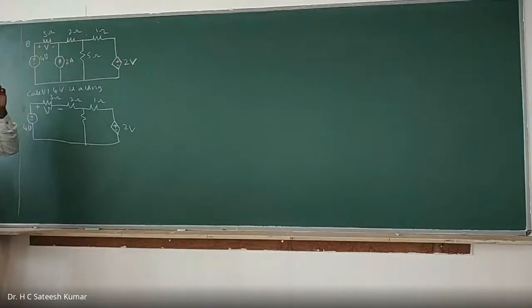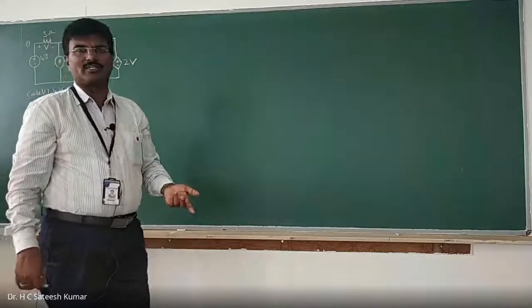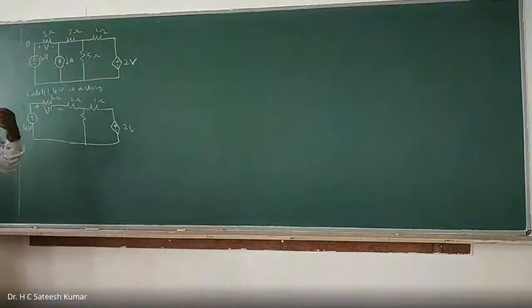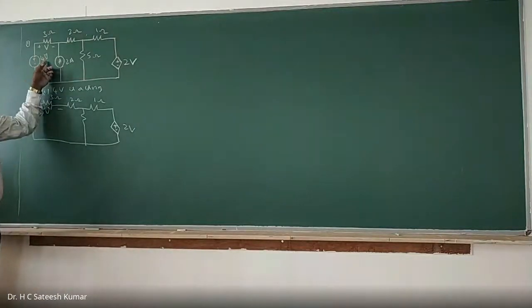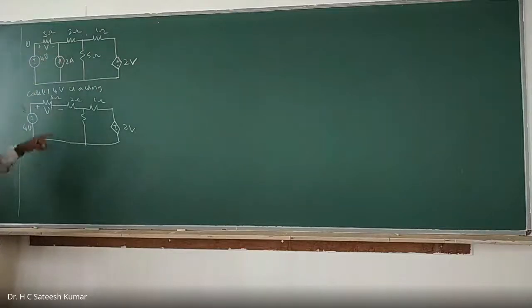In the earlier problem, the response was current. I is equal to I dash plus I double dash we did, and I is equal to I dash, I double dash, I triple dash also we did. For a given excitation, the response can be voltage or current, and the source also can be voltage or current. In this case the response is voltage. So V, the response due to both sources acting simultaneously, is equal to the sum of the responses acting individually, one we call V dash and the other V double dash. V should be equal to V dash plus V double dash. That's what we are going to find.